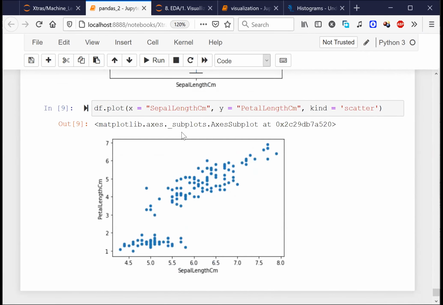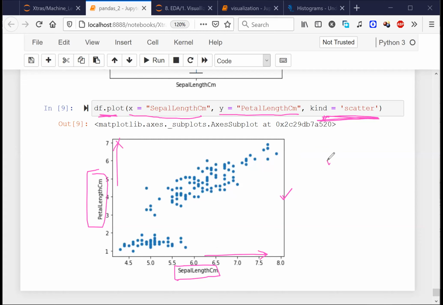Now, what kind of plots are bivariate plots? One of these plots is called a scatter plot, right? The scatter plot is basically plotted on two variables, right? One variable I'm using is sepal length centimeter, one variable I'm using is petal length centimeter, right? If you see this df dot plot, same thing. And then finally, I'm saying that x equal to sepal length centimeter, y equal to petal length centimeter in order to denote what should be the x-axis and what should be the y-axis. Is this clear to everyone?